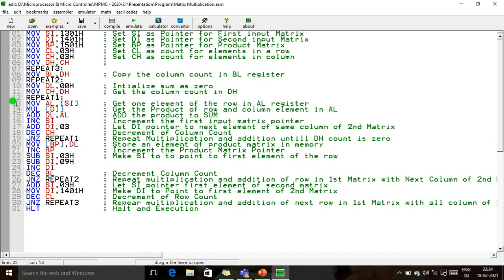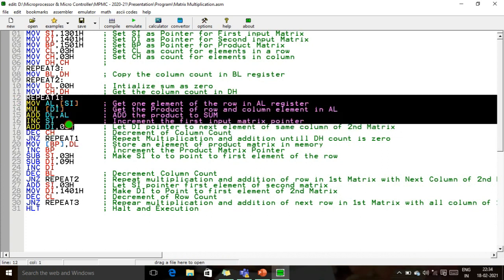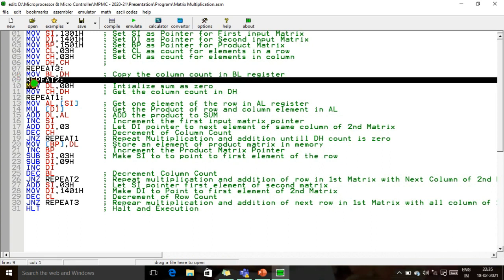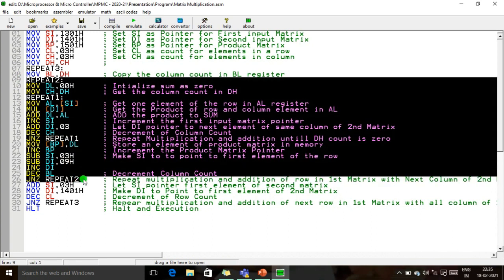Once again I am going to summarize this program. This first loop, that is a repeat operation, goes again and again until the CL register's value becomes 0. After the completion of this loop, we get the first element of the product matrix. Next, the second loop: after its completion, that means the decrement of BL, once the BL register value becomes 0, we move to the next step.